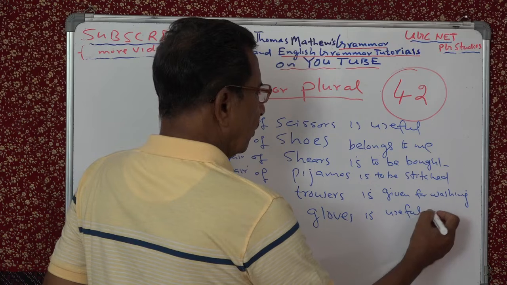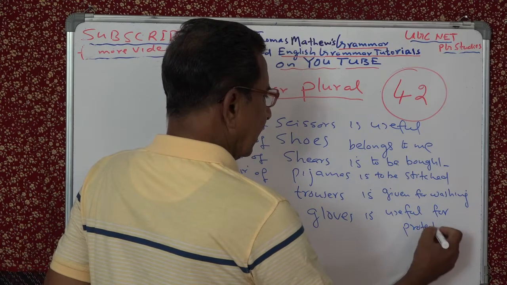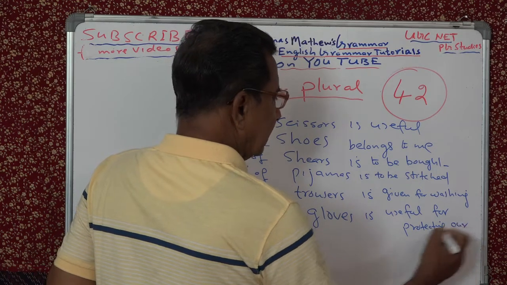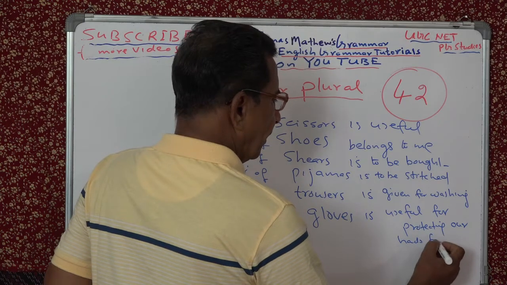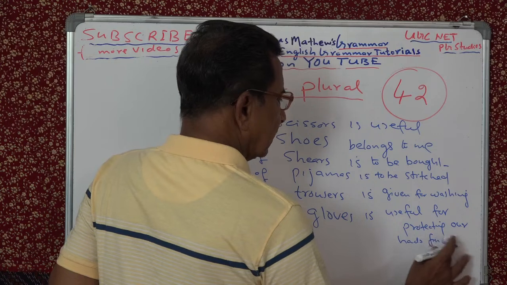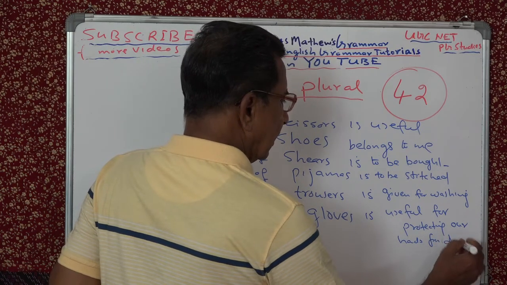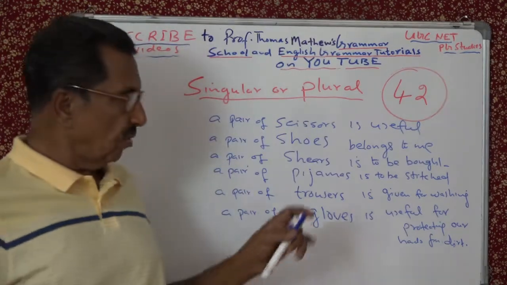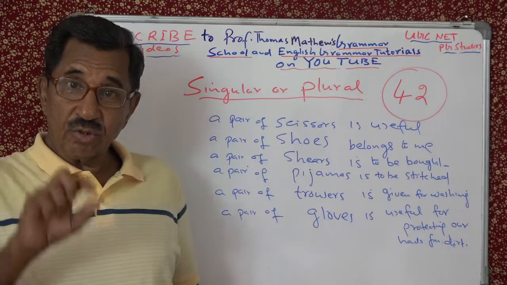A pair of gloves is useful for protecting our hands from germs or dirt, isn't it? Or dirt, like this. So what is happening here is, although you have pairs, shoes like that, since two parts form one unit,